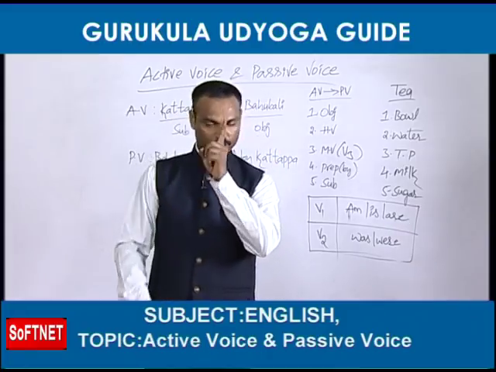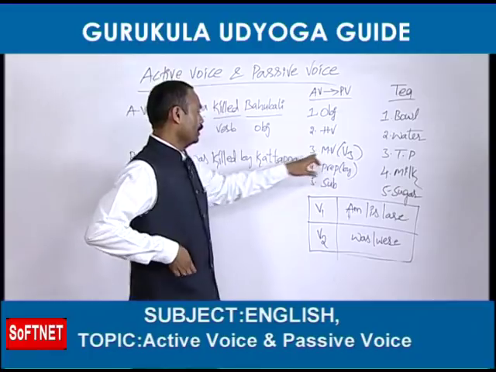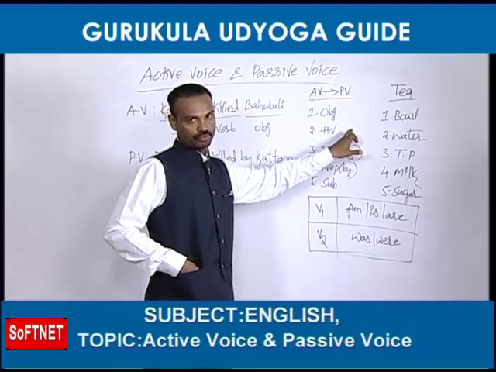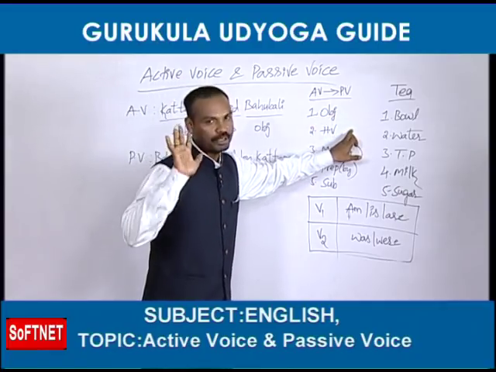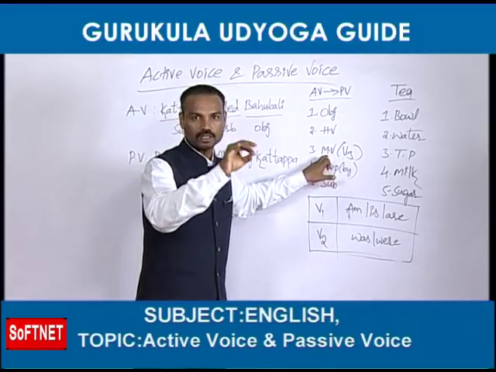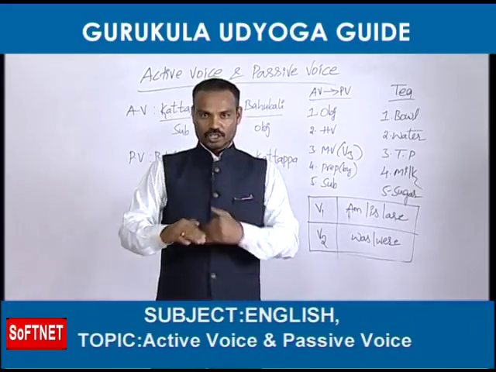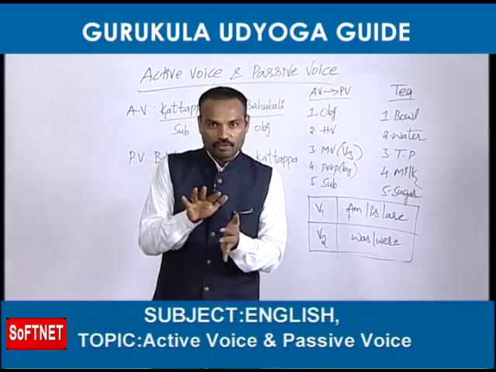Passive voice means verb, third form. Never forget, my dear friends, right? So first we need one object. Next we need a helping verb, also called the be form. The third one is the main verb, meaning V1, V2, V3. For example, take, took, taken; write, wrote, written; give, gave, given. Do you know the verb forms?